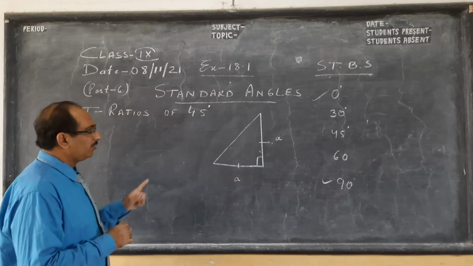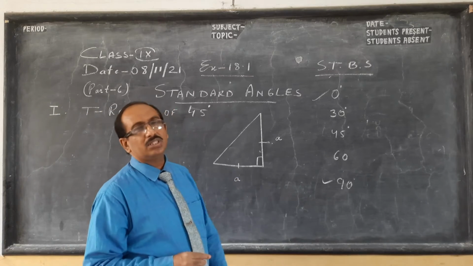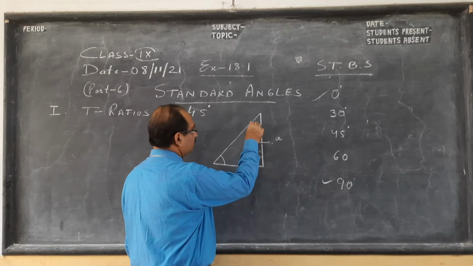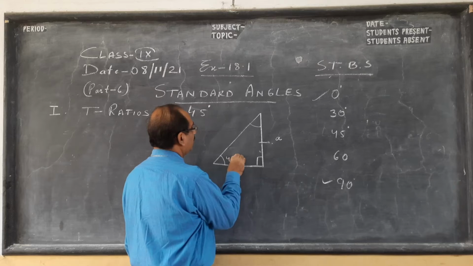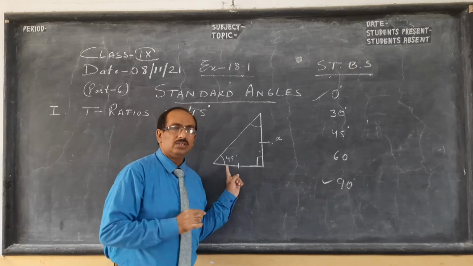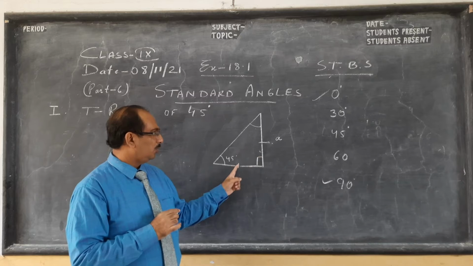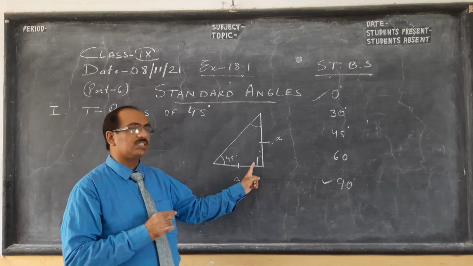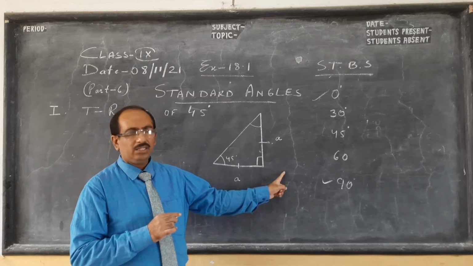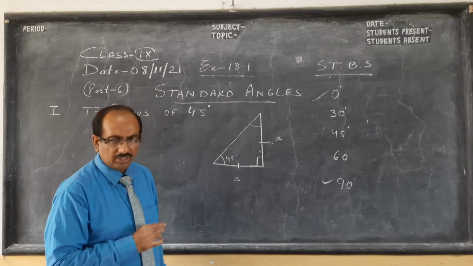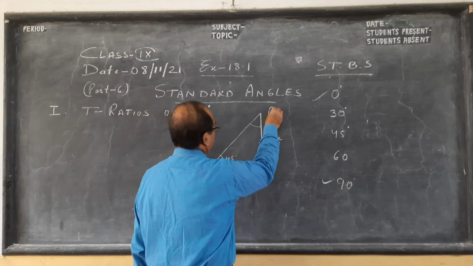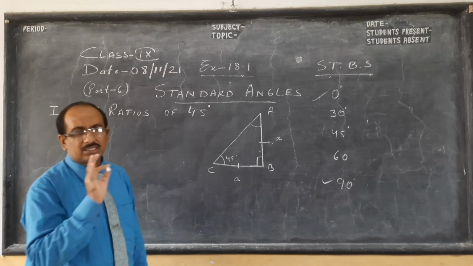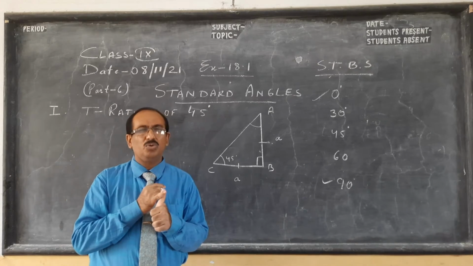So here I start. What we do, children, is take an isosceles right angle triangle. If these two sides are equal, angles opposite to them are equal, so both will be 45. This will be 45, this will be 45 also, because for two equal sides, angles opposite to them are equal. If you let it be x, x plus x plus 90 is 180, so you'll get this as 45 and this as also 45. You can name this triangle ABC. It is right angle at B.